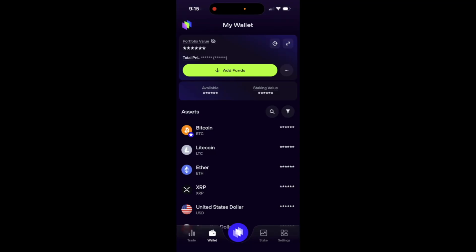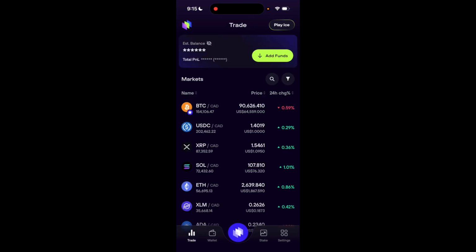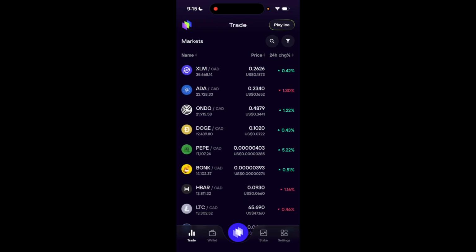So this is how to buy Litecoin on Ndax. Once you guys open up Ndax, I want you to go to the bottom left and select the trade icon. Once you're here under markets, if you just were to scroll down a little bit, you can come across Litecoin